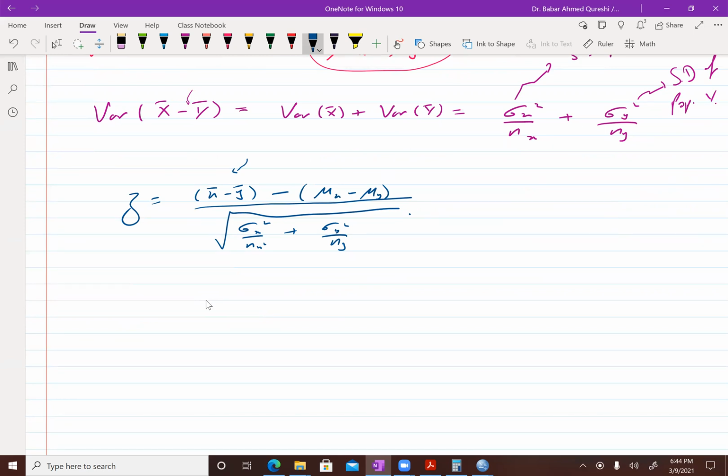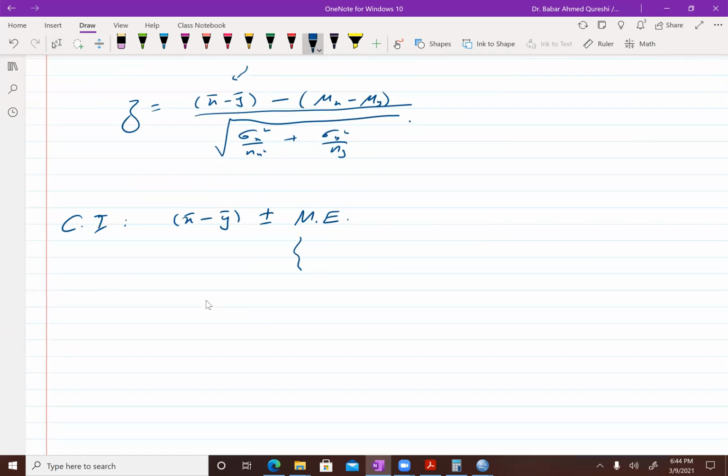So I can put a confidence interval in this way using the logic which I'm not going to repeat, which we have all derived, that we always do this. We take the mean of our sample. In our sample, we are taking the difference. It is the difference of the two sample means. So that's your estimate, but you correct it with a margin of error. And this margin of error is just going to be,